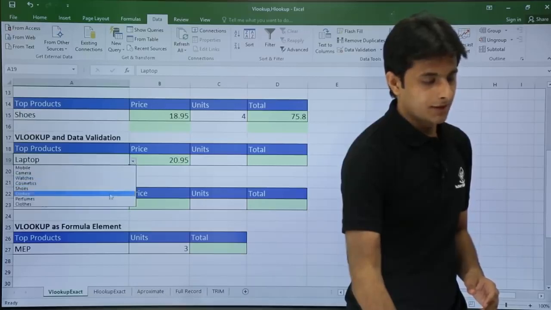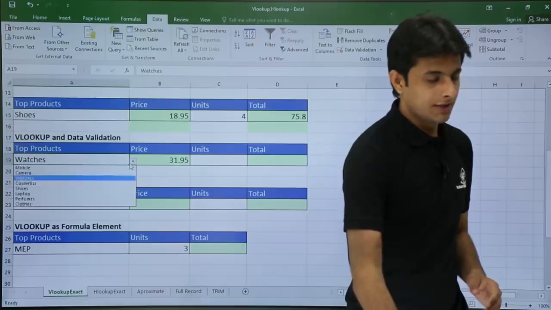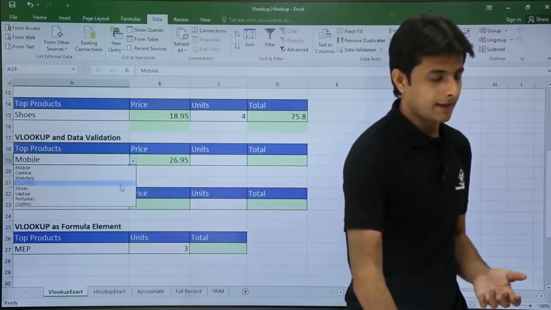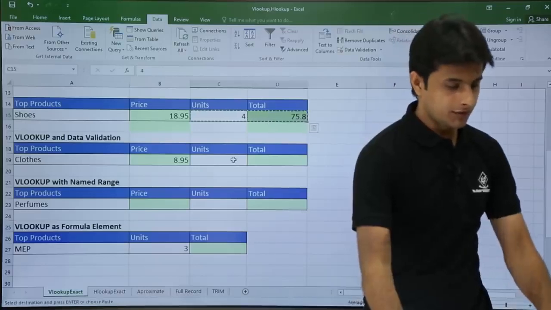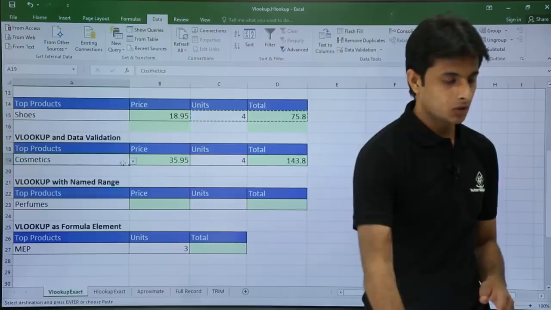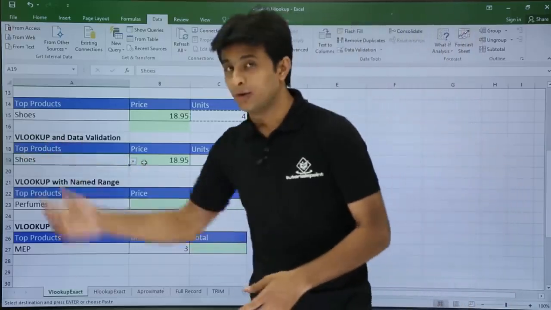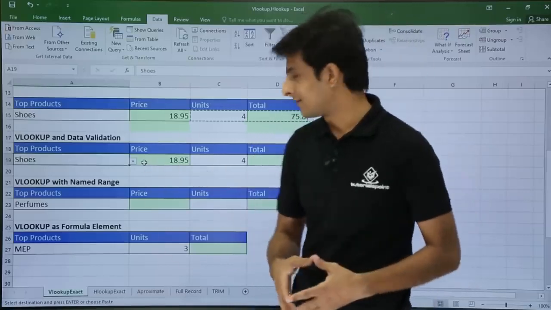I'll select the option as products, perfumes. I'll select the option as watches and mobile, anything, let's say clothes. Same way I can just copy the formula, Control C, and press Control V. So I'll keep on getting the answers, cosmetics and shoes or laptop. So this way you can work VLOOKUP with data validation and you can keep on getting the answers.